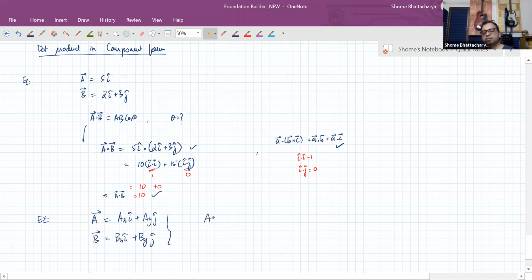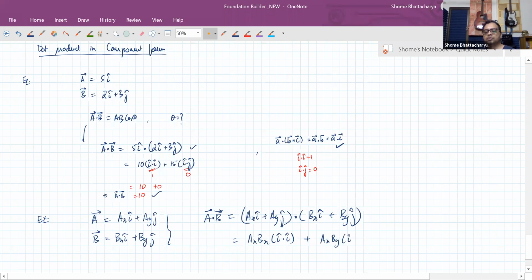So we'll see that a dot b, just do it in the same way, ax i cap plus ay j cap, dot product with bx i cap plus by j cap. Now when you open this, you will see you have four terms, but out of the four terms, two will become zero,